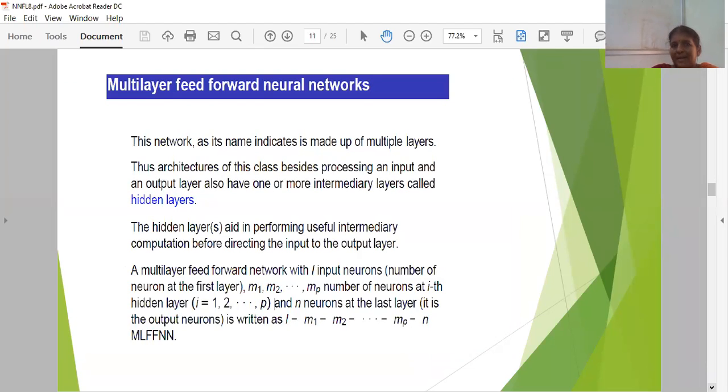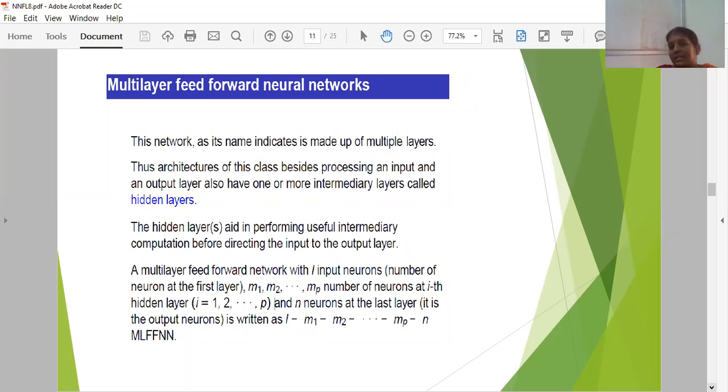Next one is your multi-layer feed-forward neural network. What is the condition? Why do we need to go for a multi-layer neural network? A simple single layer feed-forward neural network has only a single layer. What is the need to go for a multi-layer neural network? At the end of this class, you will understand how to identify which neural network architecture is to be implemented for which sort of problem.